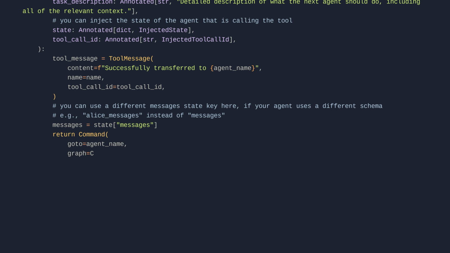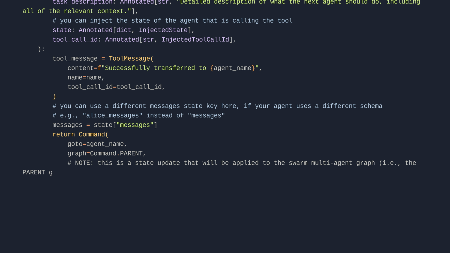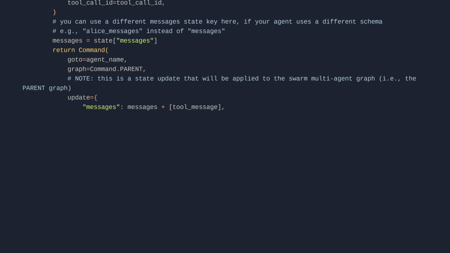# Note: this is a state update that will be applied to the swarm multi-agent graph, i.e., the parent graph. update={ "messages": messages + [tool_message], "active_agent": agent_name, # Optionally pass the task description to the next agent. "task_description": task_description, }, ) return handoff_to_agent